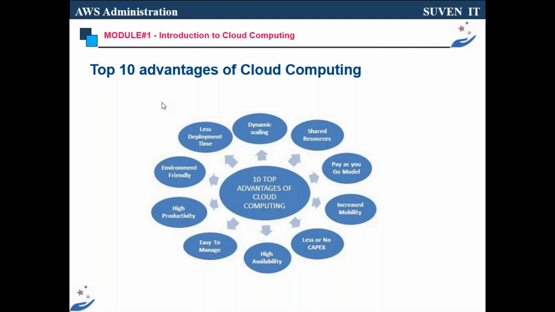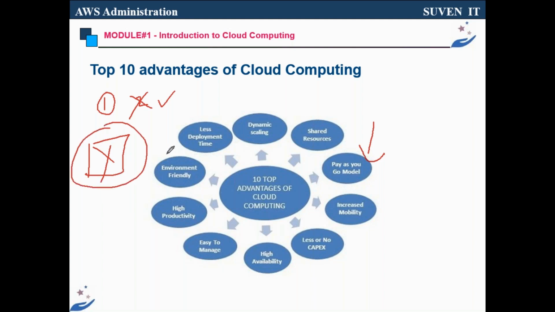Then coming to the advantages of cloud computing. Why do we go for cloud computing? The most important thing is the pay-per-use model. Pay-per-use means I can buy one server for 2 months and delete it after 2 months, and pay only for the days I use. Traditionally, if you buy the server, it is yours. Whether you use it or not, you need to pay hardware support and software support. This is really a headache.